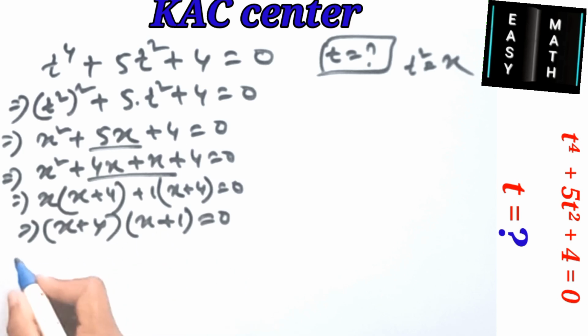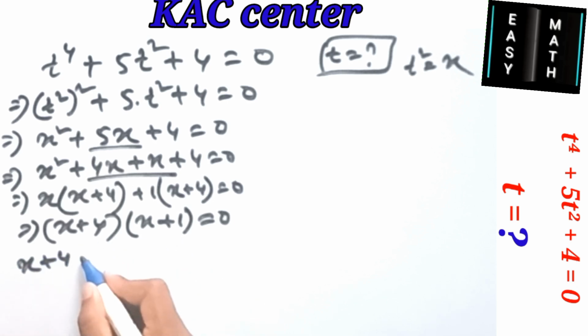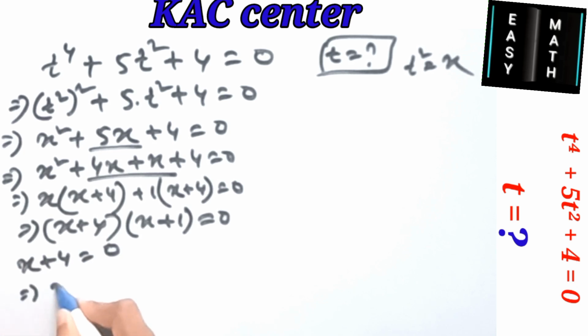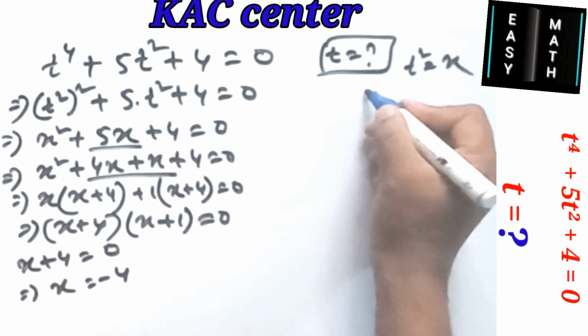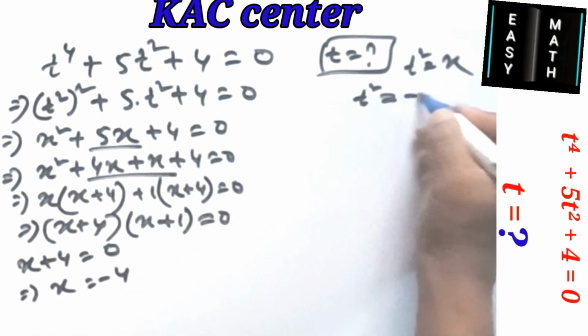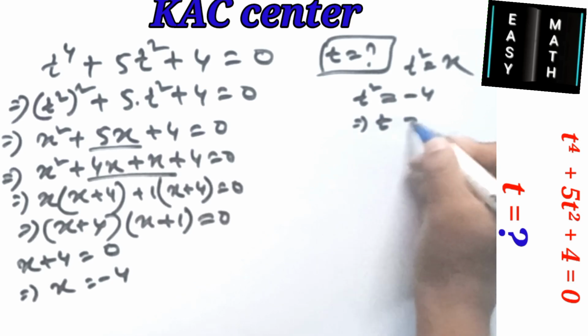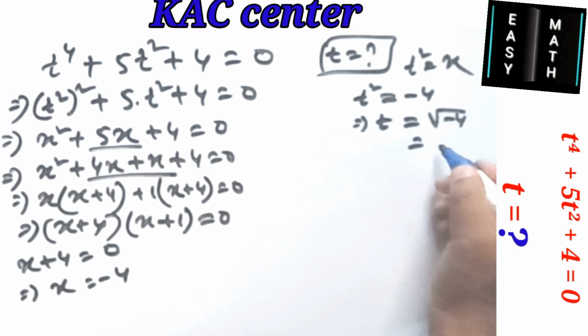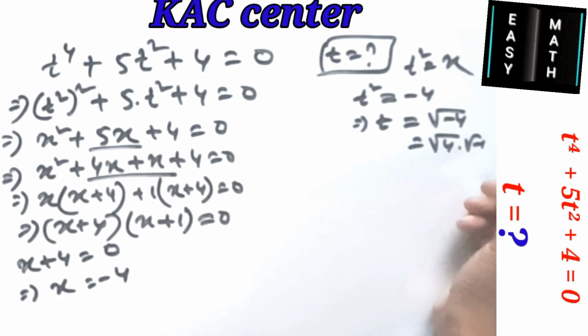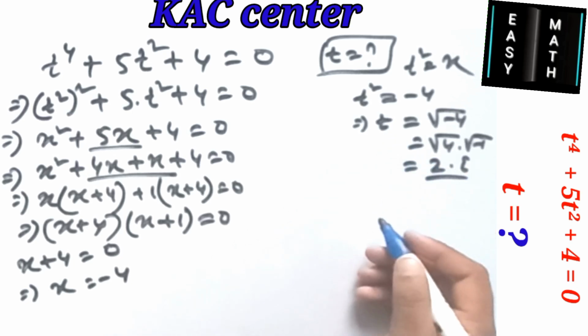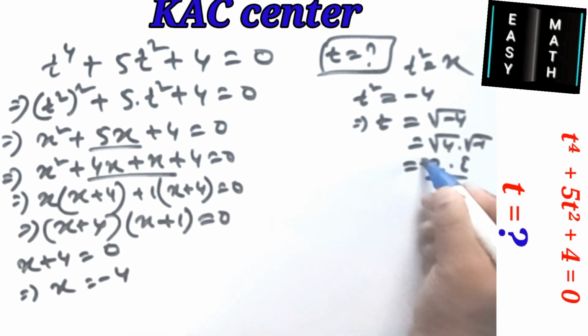And now if x plus 4 is equal to 0, so x is equal to minus 4, and x is t square, so t square is equal to minus 4, so t is equal to, we can write the root of 4 and minus 1, and so root 4 is 2, and there is 2i, so t value is 2i. This is plus minus 2i,